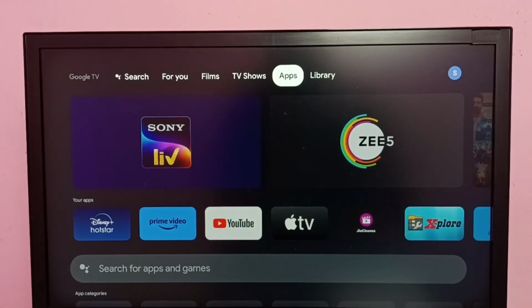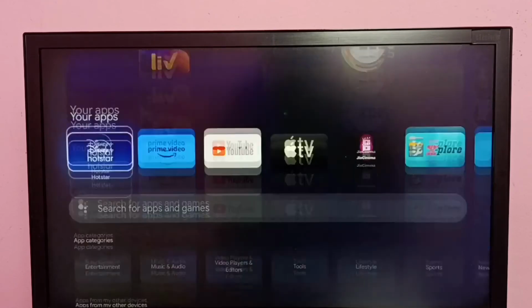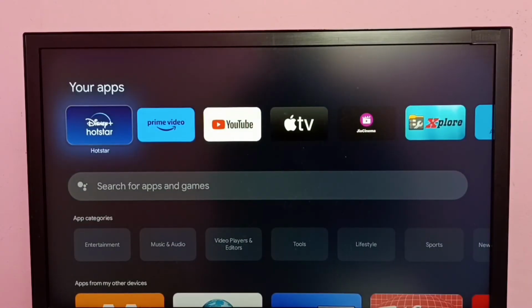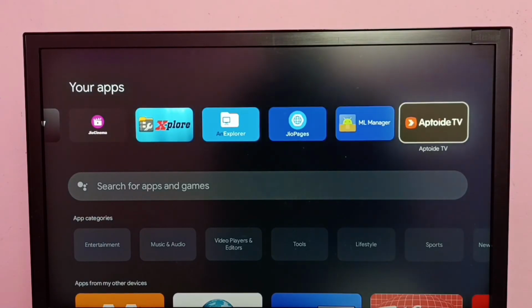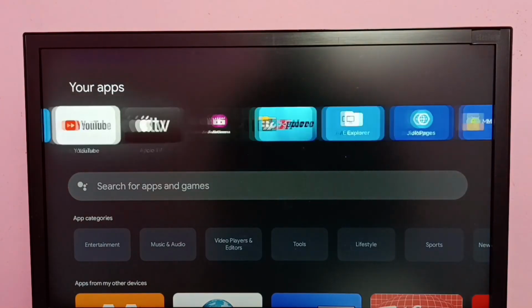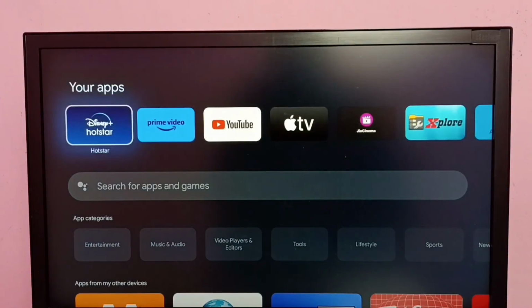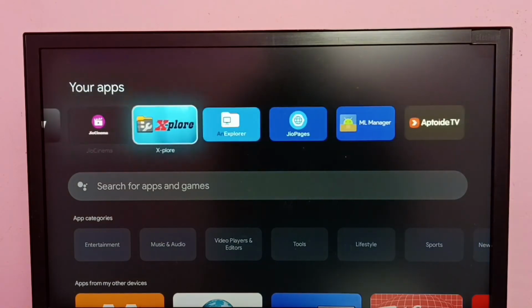See, after installation it's not listing that, it's not showing that Google Chrome app in this apps list. So now the question would be how we will open it. Okay, so we can go to